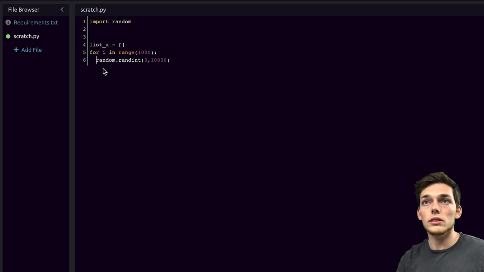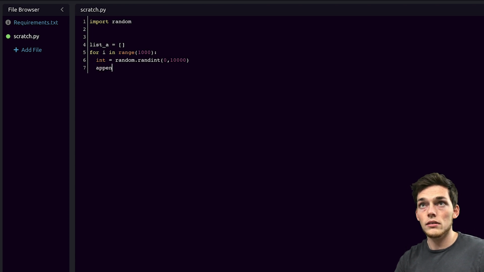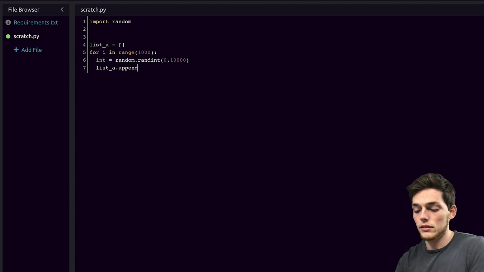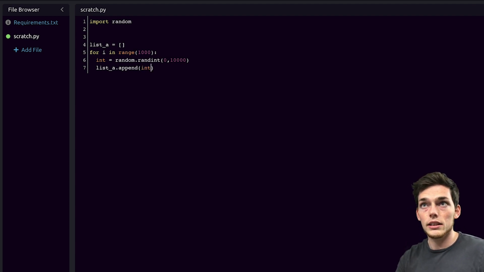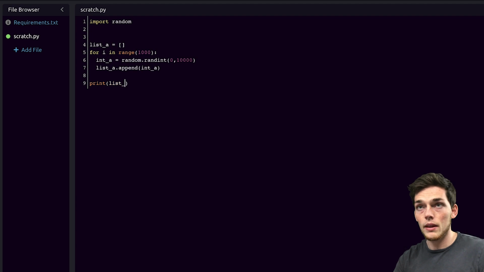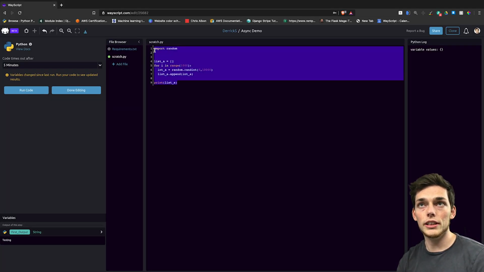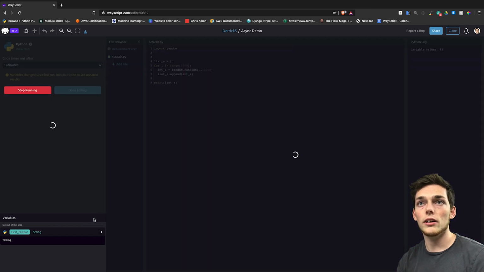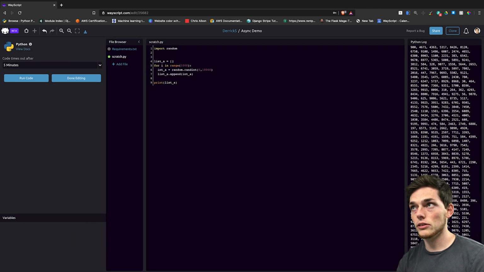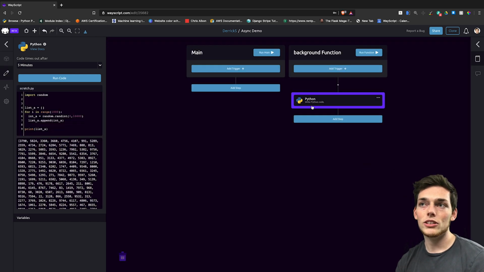We'll set this equal to an integer value, and then we'll append it to list A. So we'll say list A, append, and then we'll pass in int, and we'll make this int A, and change this as well. We'll just say print list A. Even though this won't take too long, it's just a demonstration that we could have something much larger here that we wanted to execute. We'll hit run code, and we see we get back a lot of values in our log. We'll be using this Python script as an example of something that might take a long time to execute,